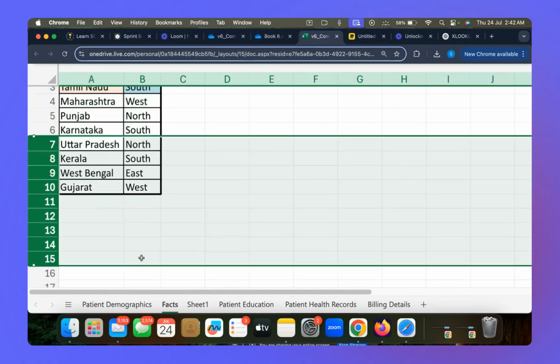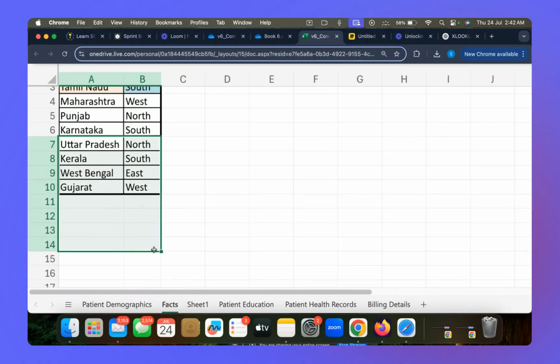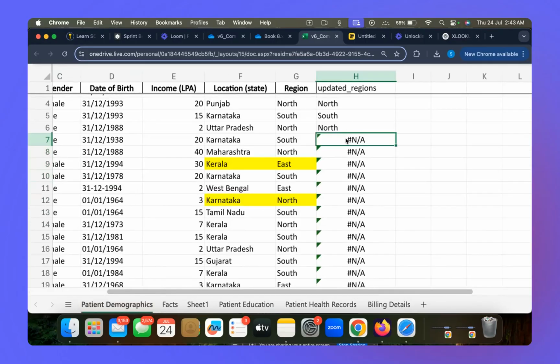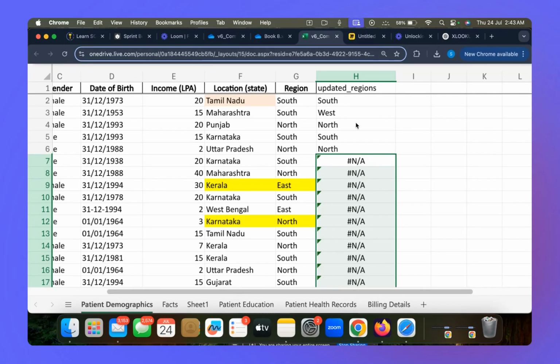It shifted downwards. It has shifted from A till here. And in this much area, do you see Karnataka anywhere? No, I don't see. And that is the reason Karnataka is not found. So no corresponding region is found for it because I never found the state in the very first place. And that is why I'm getting the error all the way downwards. Now, this is a concept called relative referencing.